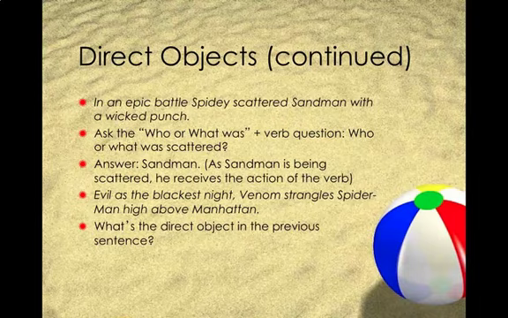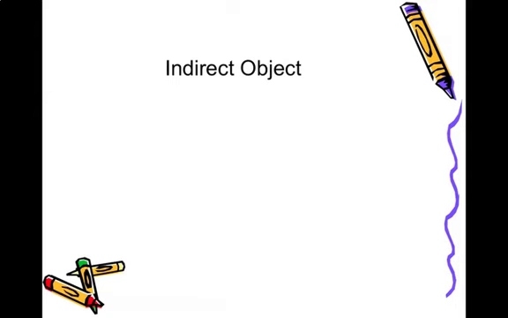Now, I'm going to go on and do indirect objects as well, just because I don't want to do a bunch of little videos. But here's a good time to pause this video and then move on to our next exercise, then come back to this video as we do indirect objects, okay? So pause it. Hey, you're back. I never left. Indirect object is our second of 2 action verb complements. Man, I get fired up when I'm doing this stuff.